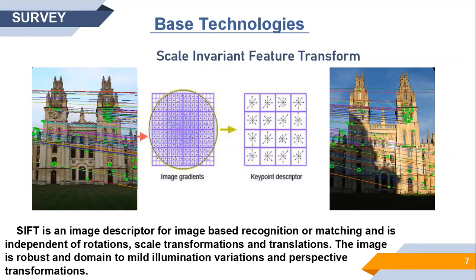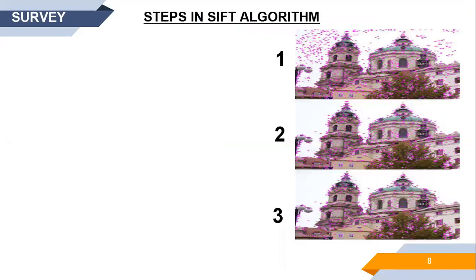Next, in the left picture, we see light green dots. That is nothing but its patterns. That is a key point descriptor. We'll see in the further slides what a key point descriptor is. The image gradient is converted into a key point descriptor. One sample image is converted into 100 sample images by rotating and altering its brightness and taking the pictures at 360 angles, etc. On the right side, the output will be the color variations in the images. You can see there is sunlight in that image and also the brightness has darkened. So these are the next steps in this SIFT algorithm.